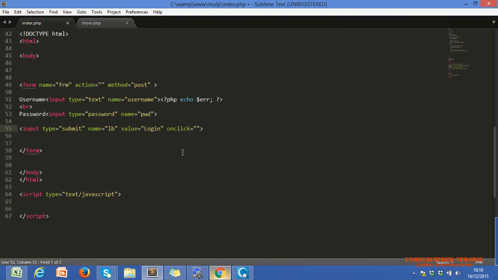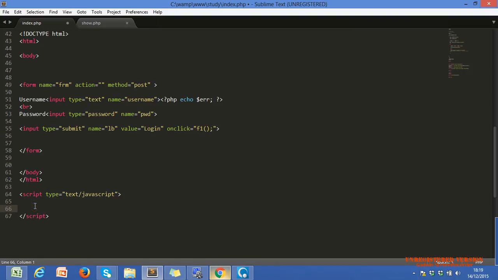We just write the name of that function with small brackets, for example F1. This is a simple function of JavaScript. We can call a JavaScript or jQuery function within the events. This is just a calling.